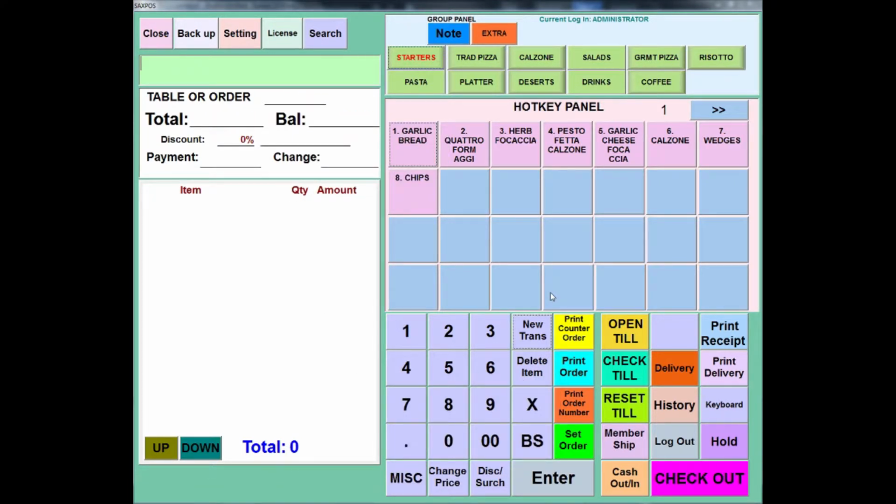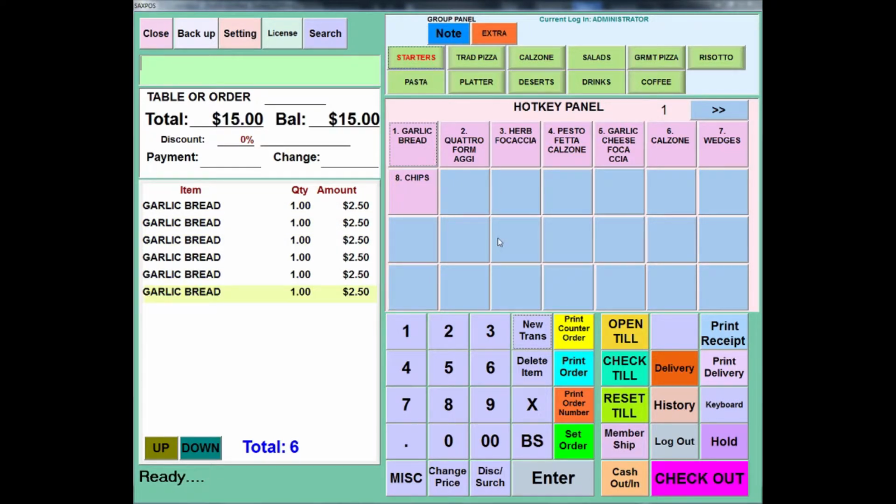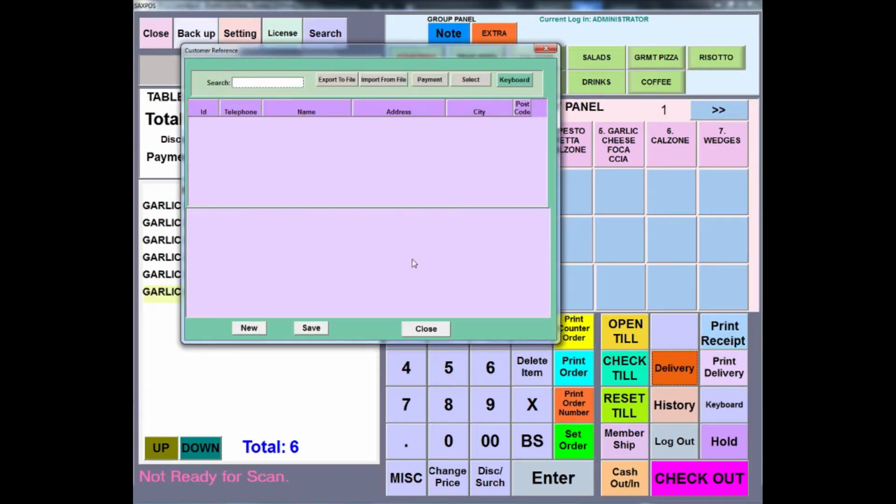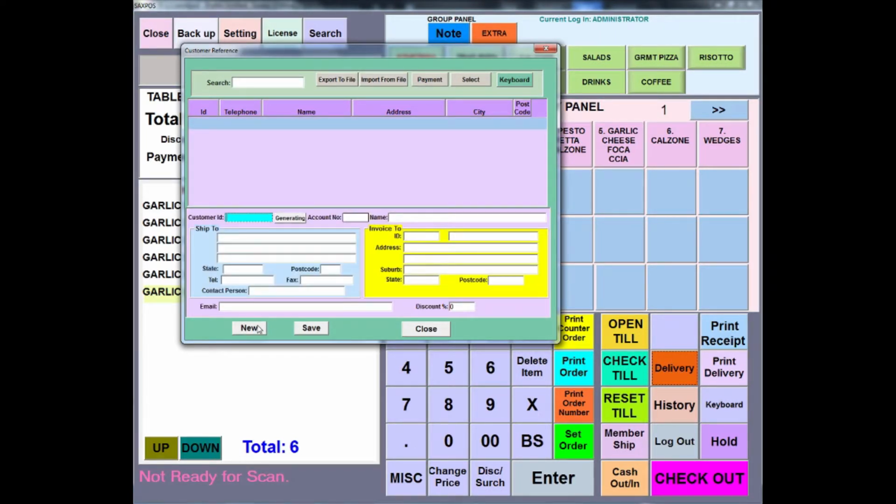Okay, so another feature that the SAXPOS software has is the delivery button here. And this allows you to do deliveries. So I'll just make a transaction. Let's just say we get a heap of garlic bread because this guy just loves garlic bread. We click the delivery button, click new to create a new customer,